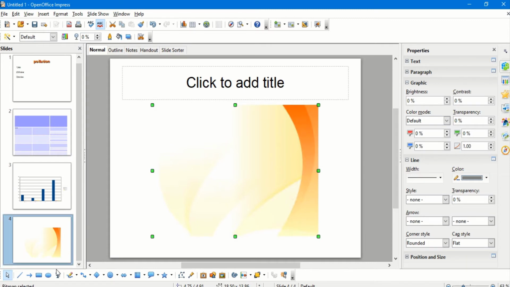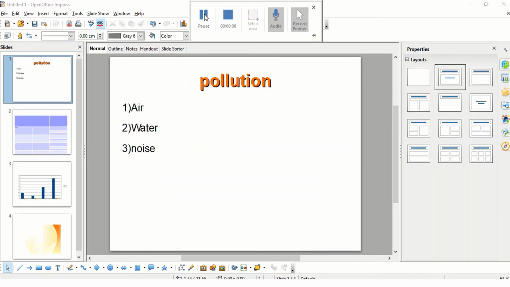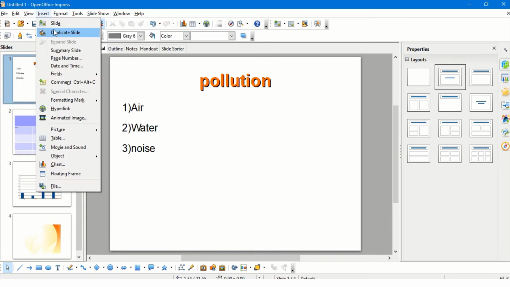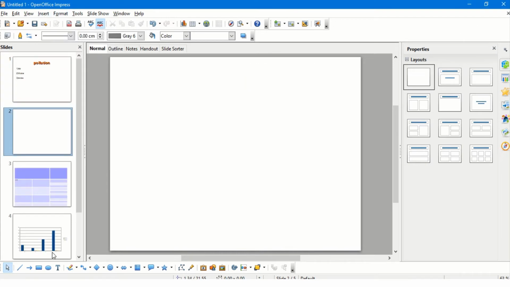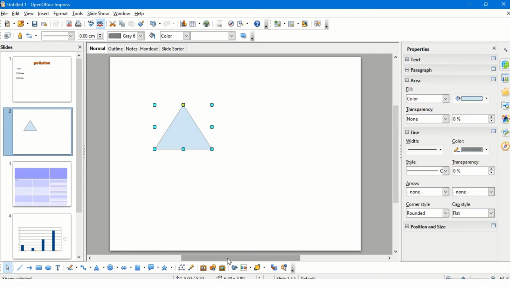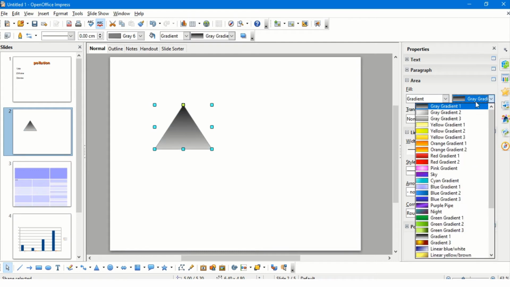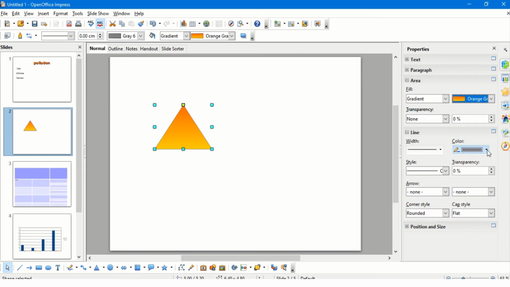Next, we are going to learn how to insert different types of drawing objects into our slide. Now we will see how to insert drawing objects. So here I am going to insert a new slide, a blank slide, and here in the blank slide, from the drawing toolbar, I can select any of the different drawing shapes, say a triangle, and once I draw it, I can do the different formattings over here. From this particular option, I can select it and do the different types of formattings which I want for my object, that is the borders, the fill colors, etc. I can do it from here.